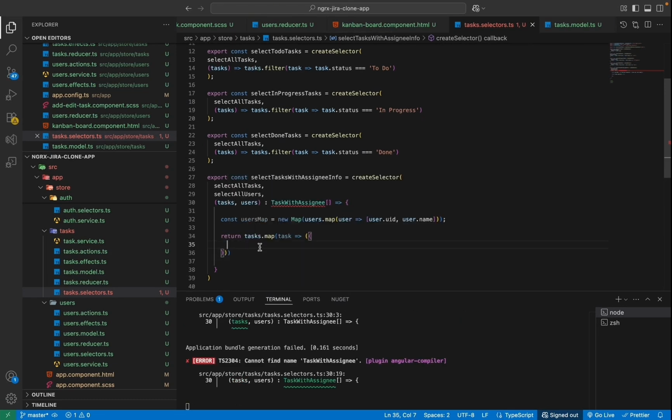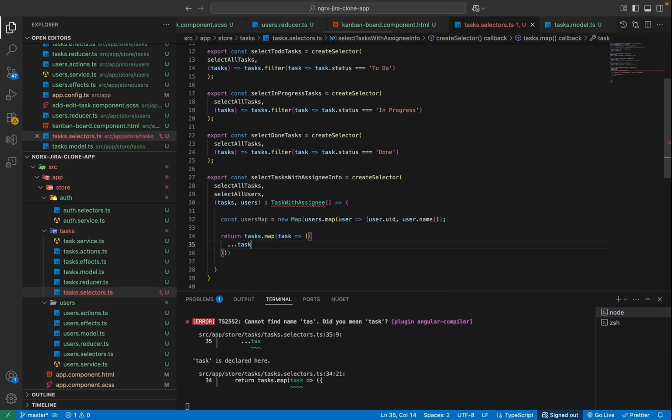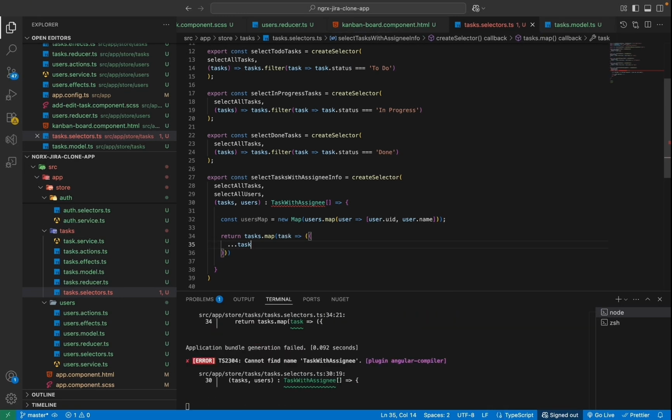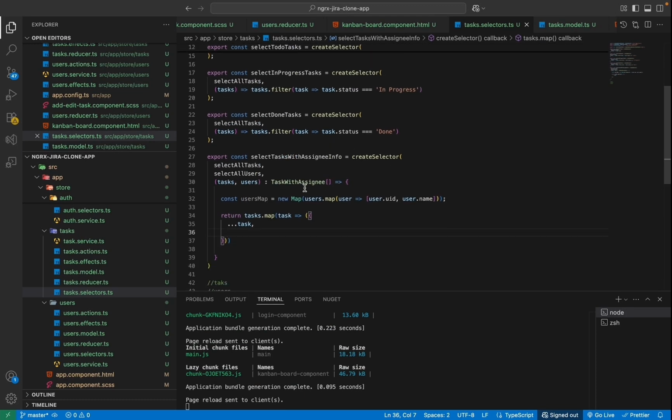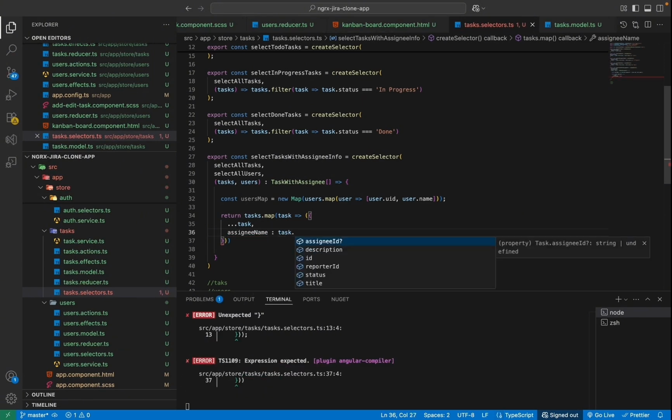Inside this, first I want to take all the task properties, because I don't want to change the existing properties, right? So this will copy all the original task properties here. So basically all of our task name, ID, etc. If I go here, you can see this one, assignee name. So this is the one I need. There we go. So we've got assignee name here, and we'll say if task.assigneeID exists,